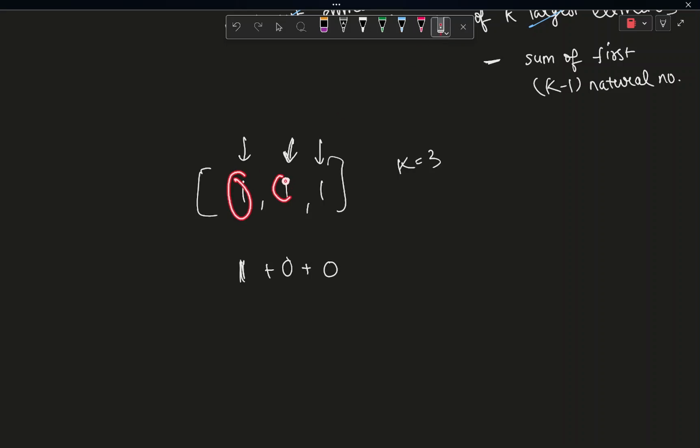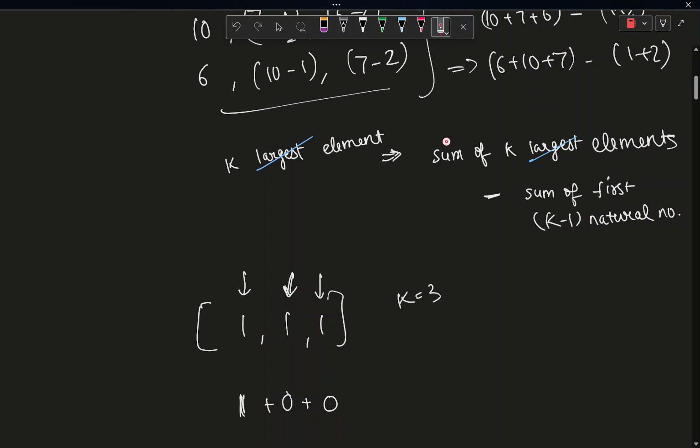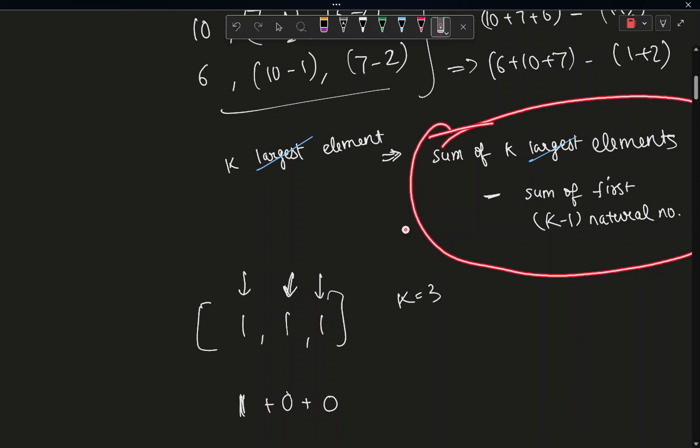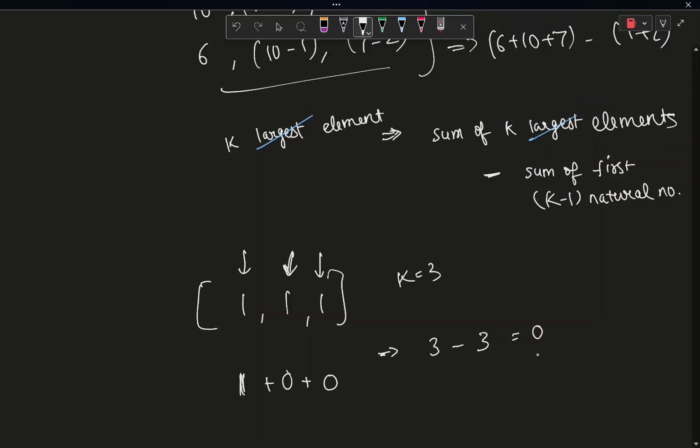Here the sum would be just one, because first you will choose this guy, the other people will become 0 and 0, then you choose this guy, so this guy 0 will not be reduced since the happiness value cannot go negative, and you will get a 0 here. So you might feel that in this case this formula would not work, right? The formula which we had created will not really work there, because according to the formula the answer should be 3 minus the sum of two natural numbers, which is 3, which comes out to be 0,